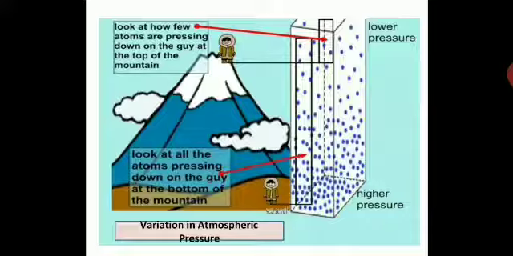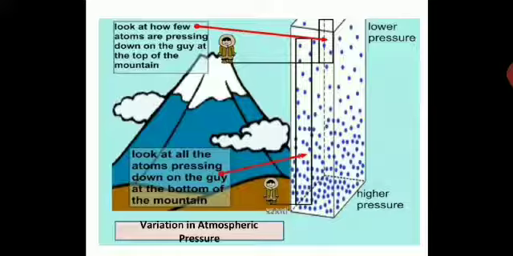Now a person standing on top has a few atoms pressing down on the guy. You can see the cylinder, you can see the red arrow here, the lower pressure on top. You can fill a cuboidal cylinder with a gas and you will find the pressure at the bottom is more, whereas the pressure on the top will be the least, very low pressure. So you can compare a person standing on top at a high altitude, very few atoms or very few particles pressing the guy on the top, and when you see the guy standing at the bottom of the mountain, you can see the pressure is very high.